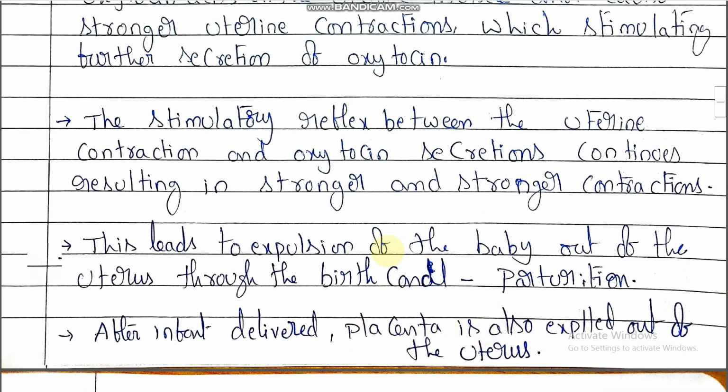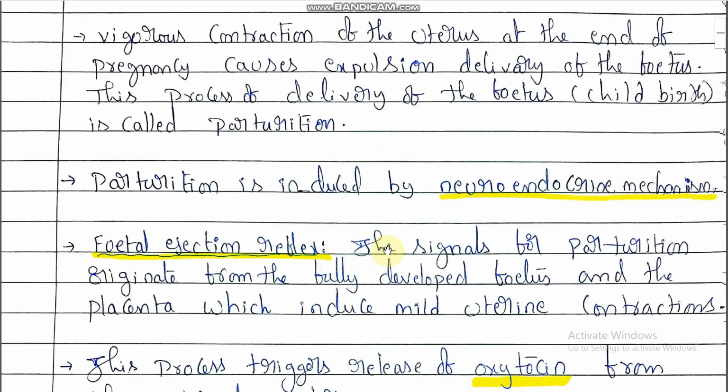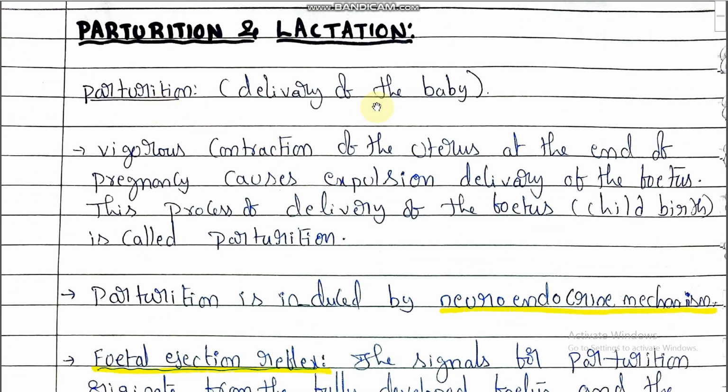After this clear, right? Once again I am repeating here. In simple words, parturition means delivery of the baby. So when does delivery of the baby take place: before completion of the gestation period, during the gestation period, or after the gestation period? In normal healthy people, a healthy female,